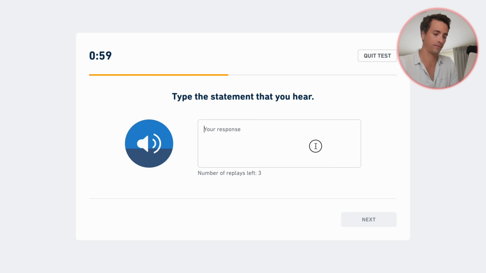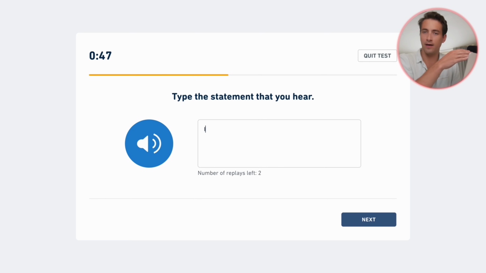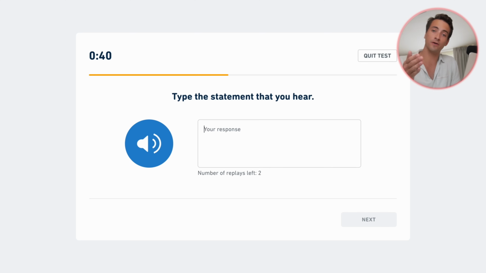I became a software engineer after college. So for these questions, this is listen and type. I recommend that on the first listen, you really focus, you try your best, and then you try to type as much as you remember. Then you're going to use your second listen to try to fill in what you didn't understand, and then complete your response. And then on the third listen, you proofread your response and make sure you have everything correct. That's what I would recommend.